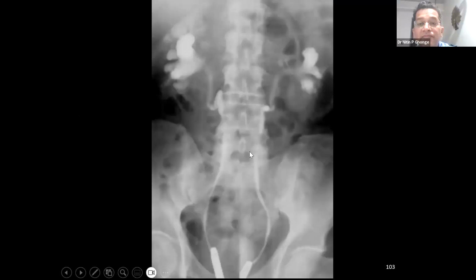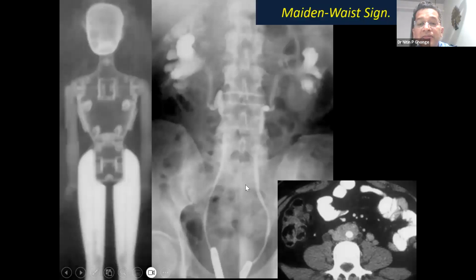This is again medialization, and you can see the maiden waist sign because of the retroperitoneal fibrosis. You can see the periaortic soft tissue around. You can see the thickening of the soft tissue which is entrapping the ureter, and there is proximal dilatation on